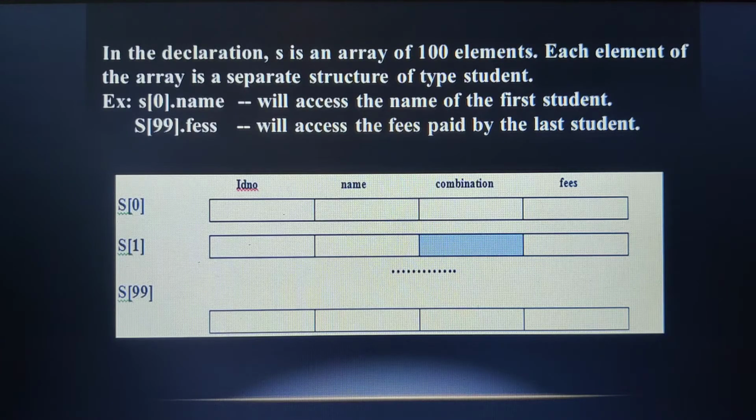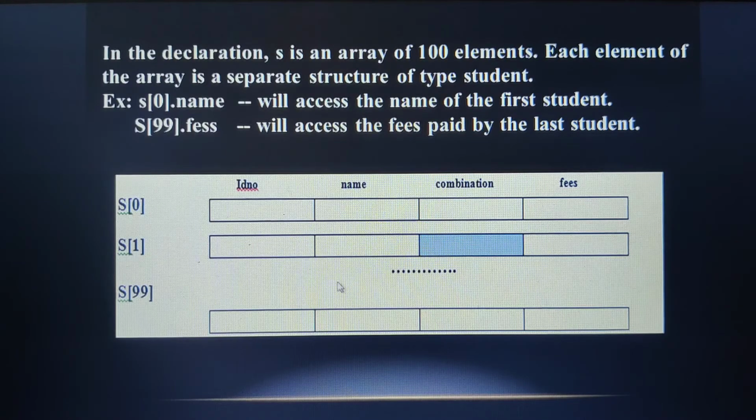So s of 4 dot name. Similarly, if I want to access the fees paid by the 100th student, then s of 99 dot fees. So the subscript represents which student you are referring to. I hope you understand how we access the members of the structure when the concept is based upon arrays of structure.